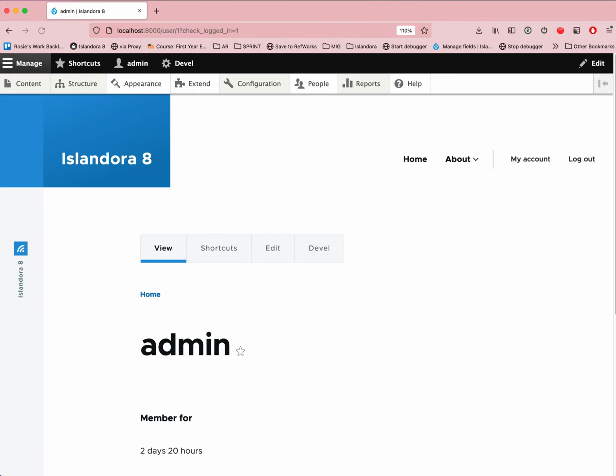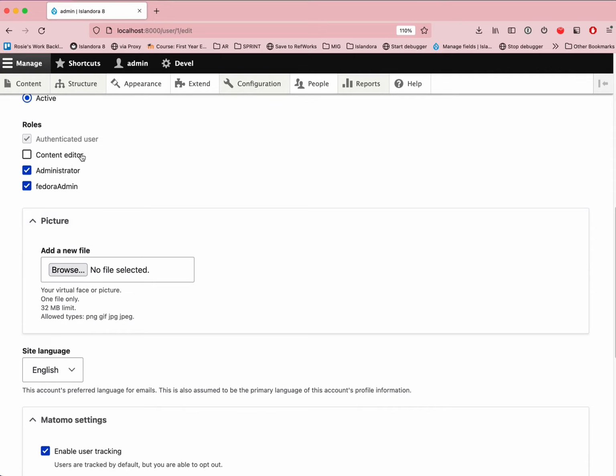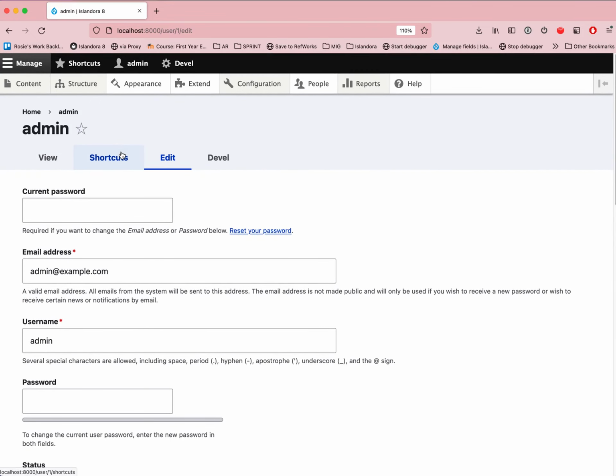Users also have roles, like content editor or administrator. These roles define what permissions the user has. A basic user might only have the permission to add or edit content, while an administrator can change any configuration in the entire site. Say you're an administrator, then you can see the list of users at the People tab